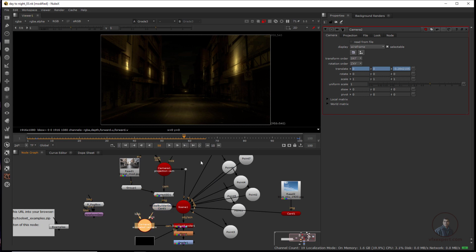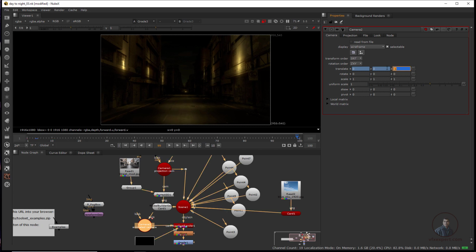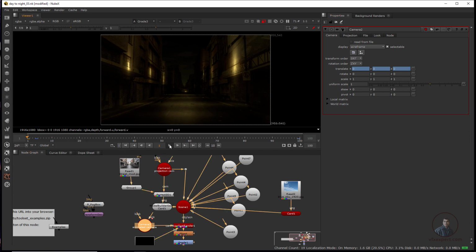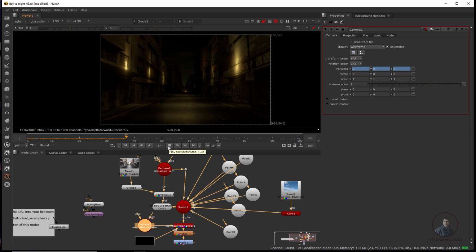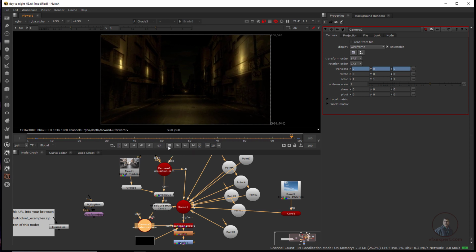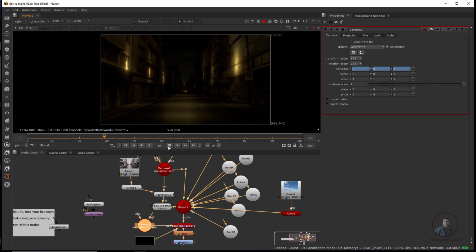Double click here, then go to the last keyframe and make it -1. Now play and check again. I think this is looking good.